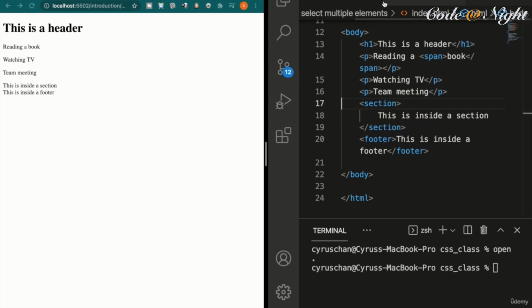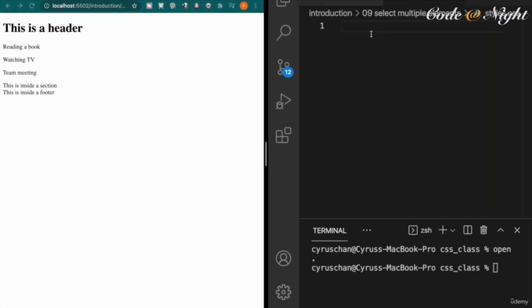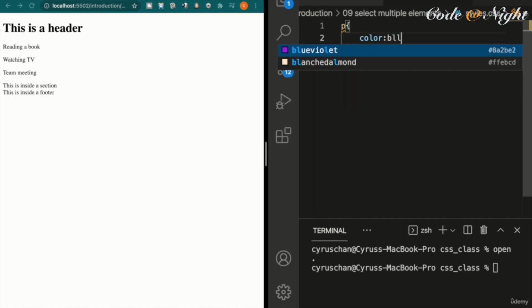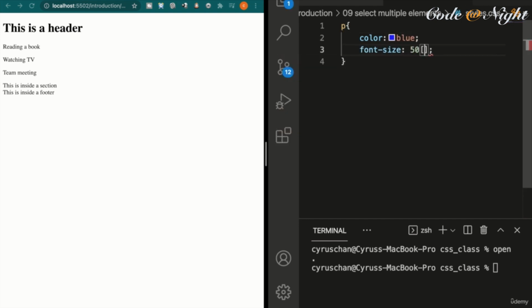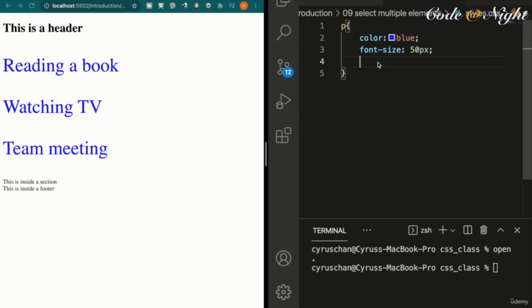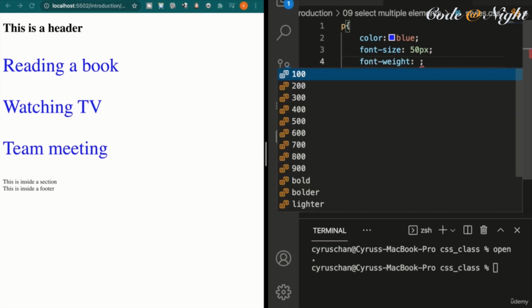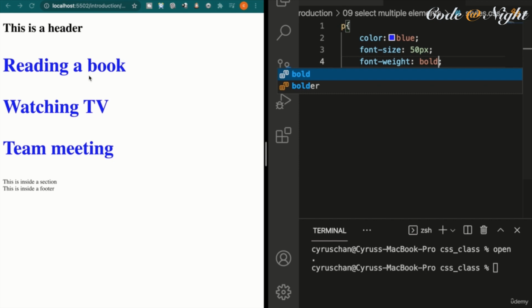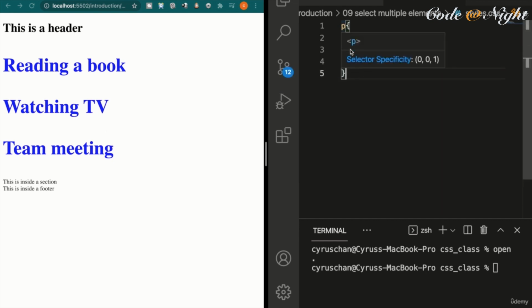So in the traditional ways, if we want to, for example, add some colors to the paragraph, we type color blue, and then we have the font size of 50 pixels. And then if we want to set the font weight of bold, now you can see it has a bold font weight. Now if we want to also add this kind of styles or decorations to the headers